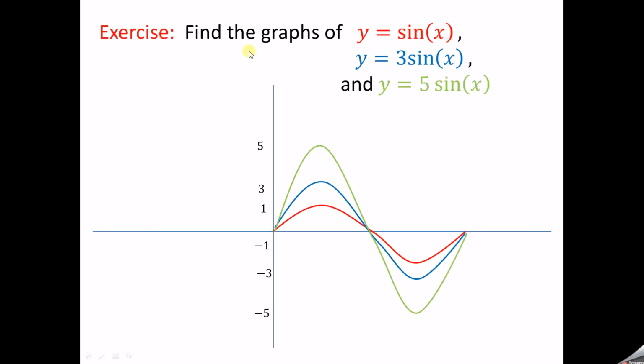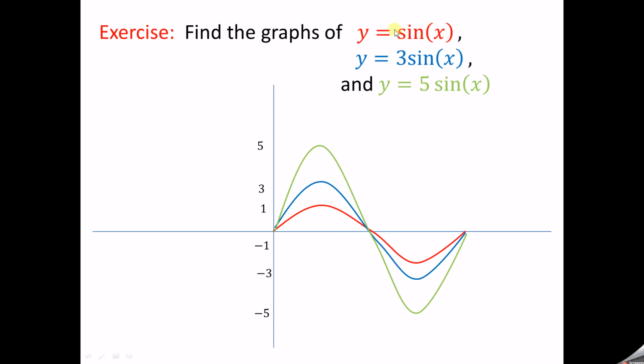So we can look at some more problems here in the exercises given. y is sin x, y is 3 sin x, y is 5 sin x. For all three functions, the period is the same because b is 1. So the period is 2 pi by b, that is 2 pi. And c is 0, that means there is no phase shift.